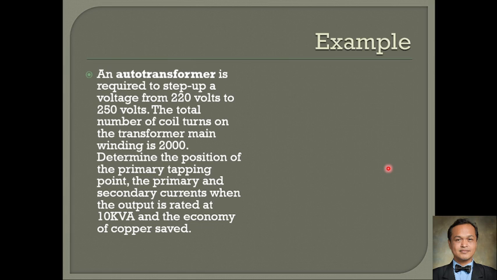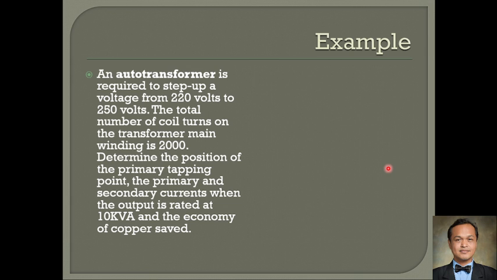So as you can see, we have an ordinary transformer with a rating of 2000 turns, 220 volts. But now, the required voltage in the line is 250 volts. So you need to do a step up to change it. It can be met by a tap changer, but the problem requires that we use an auto transformer, converting this ordinary transformer into an auto transformer. So what can we do?